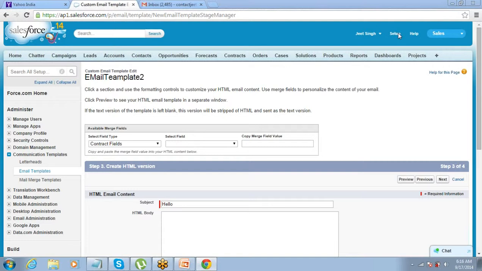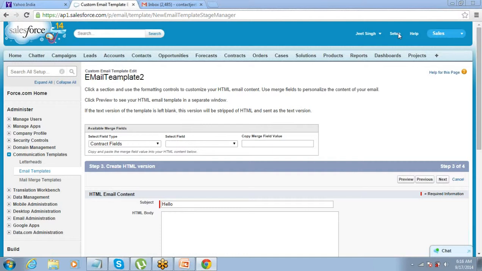Now Salesforce basically allows you to automate some of the processes as well. Apart from sending mass emails, you can also have automated emails being sent.